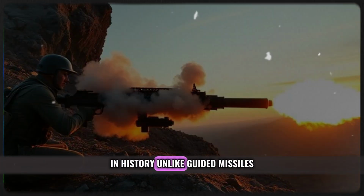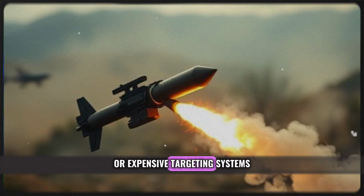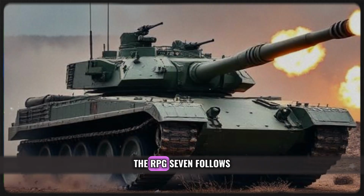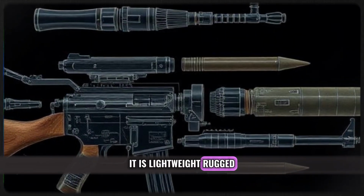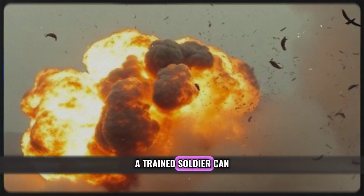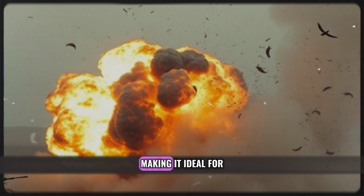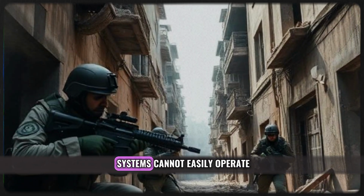history. Unlike guided missiles that require advanced electronics or expensive targeting systems, the RPG-7 follows a much simpler philosophy. It is lightweight, rugged, inexpensive, and remarkably dependable. A trained soldier can carry it almost anywhere, making it ideal for difficult terrain where larger anti-tank systems cannot easily